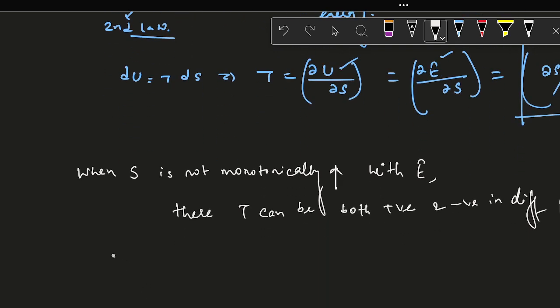And when this kind of a system happens, that entropy is not monotonically increasing with energy, is when you have